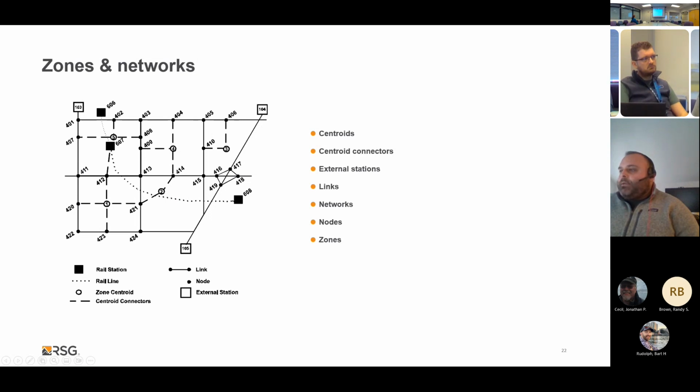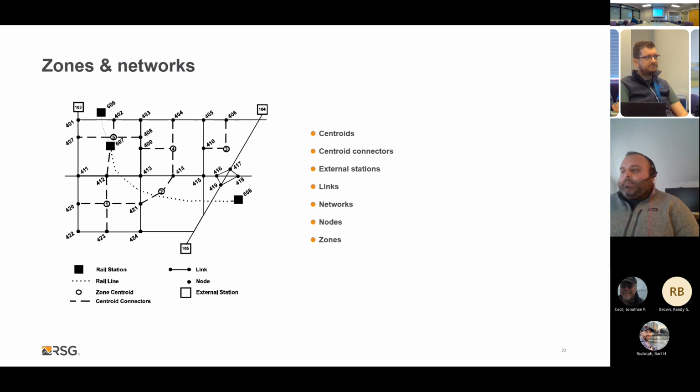And then the basis of the geography that our transportation network is tied to are zones, or travel analysis zones. These are just small geographies, and they're generally referred to as travel analysis zones. They're also referred to as traffic analysis zones. I've also seen them referred to as transportation analysis zones. They all essentially are the exact same thing.